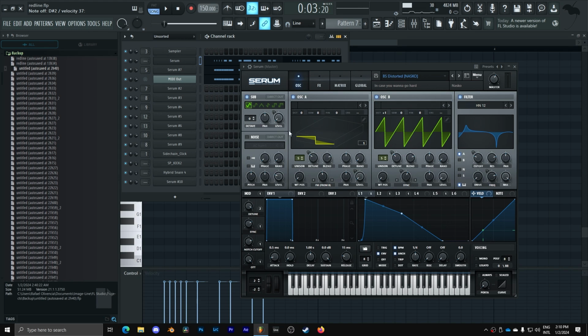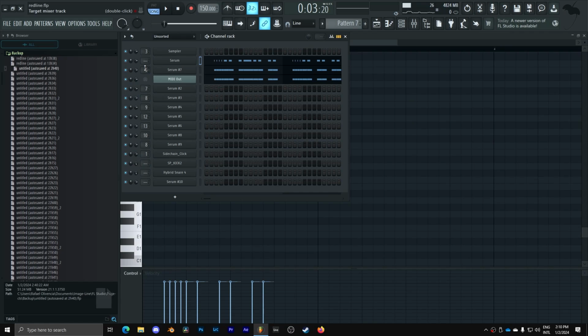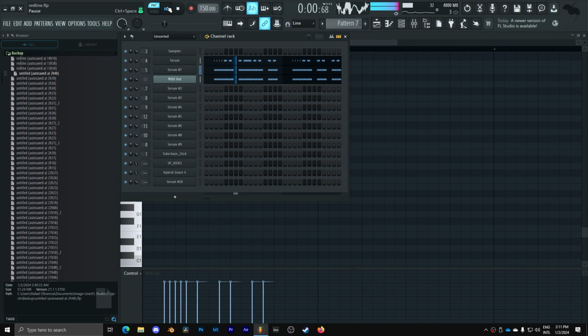And it should be really simple to recreate, but I was just playing around with the presets, checking them out, and I really like this preset. And then the other bass that I have here is layered on top of this one. So if I play these two together,